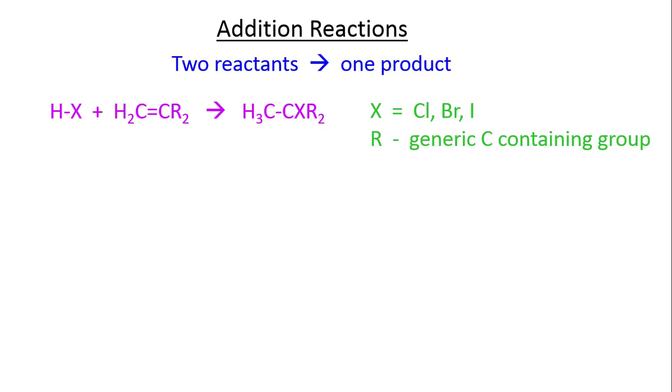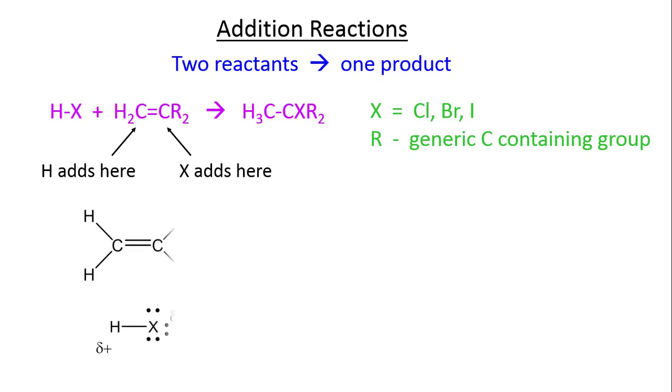Looking carefully, one atom has been added to each carbon, an extra hydrogen to the left carbon, and a halide to the right carbon. So how does this reaction work? Let's diagram it. We start with the Lewis structures of the alkene and HX. Knowing that double bonds can act as Lewis bases, providing electrons for a new covalent bond, we suspect the alkene would be the Lewis base, making HX the Lewis acid.